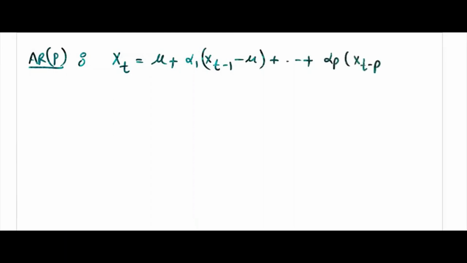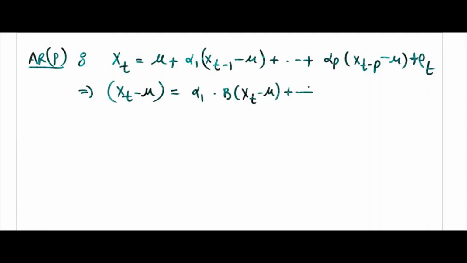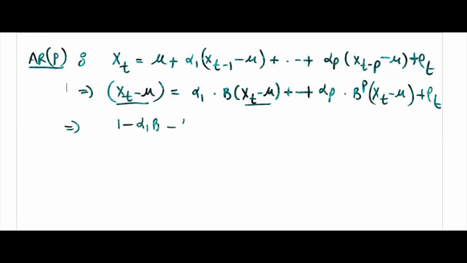So this is my AR(p). xt is equal to mu plus alpha 1 times xt minus 1 minus mu, up to alpha p times xt minus p minus mu, plus et. Here I'll bring mu this side. Okay, and that will be equal to alpha 1 here I will write b xt minus mu, up to here this will be alpha p b^p xt minus mu. So I can take xt minus mu common. If I take xt minus mu common, I will bring everything this side except et. Then I will get this 1 minus alpha 1 b minus alpha 2 b square